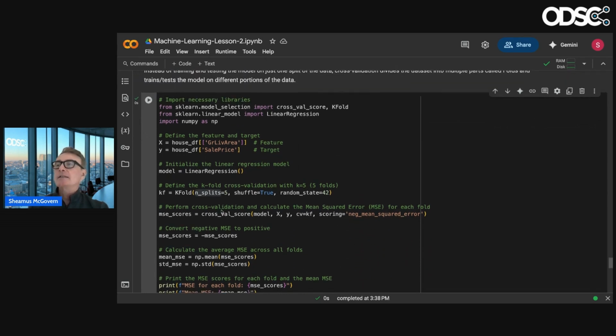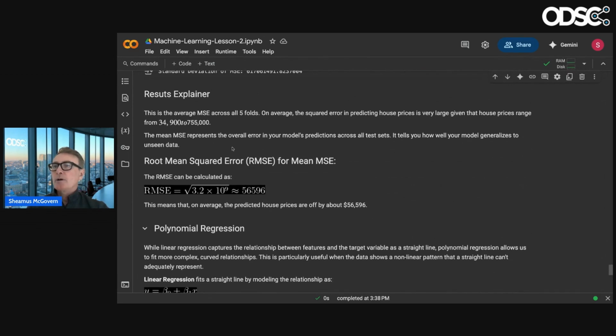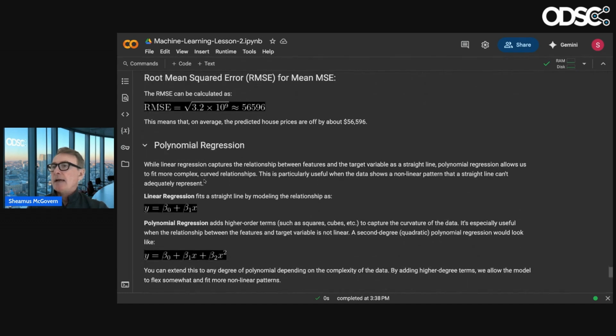Very, very simple technique. Generally speaking, you always want to do cross-validation. It's a pretty newbie error to just do a single split, because who knows if 70-30 is better than 20-80? I don't know. And who knows if 4 folds is better than 7 folds? I don't know. Every test set is different, which is why we do so many iterations. Here we're going over the root mean squared error. That's a bit of an explainer on that.